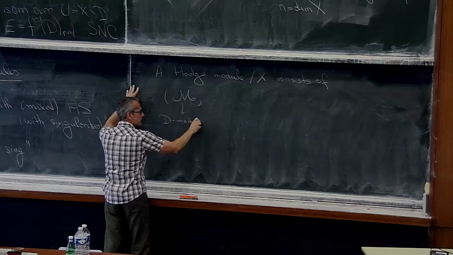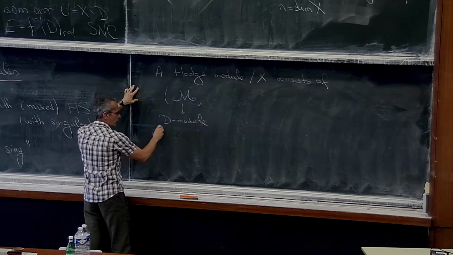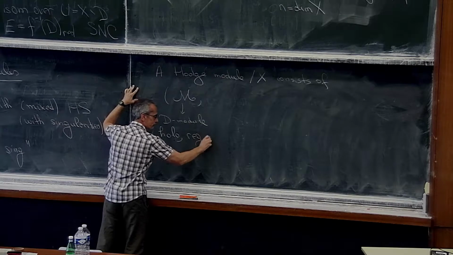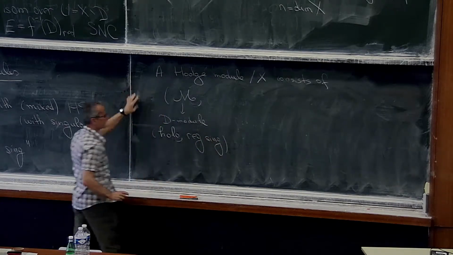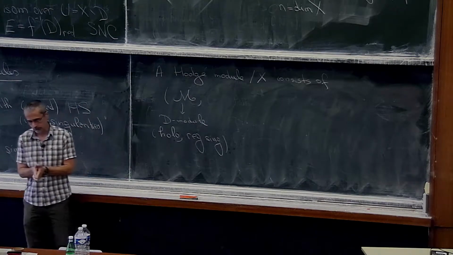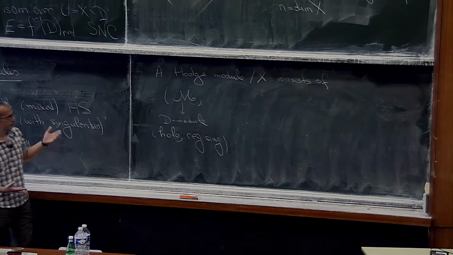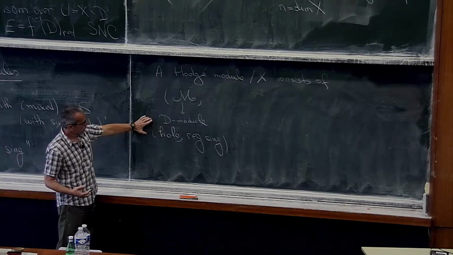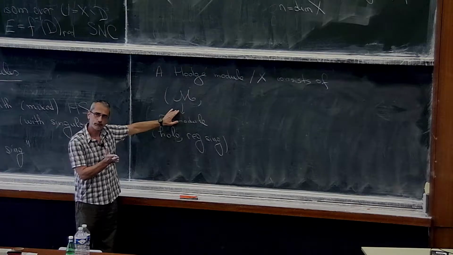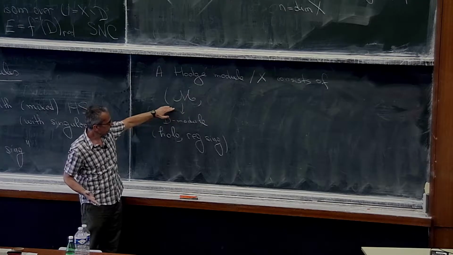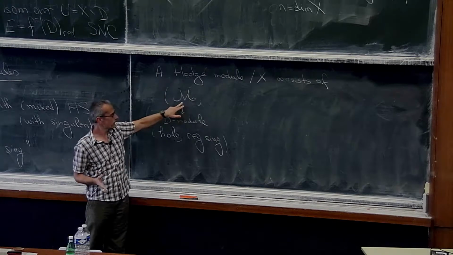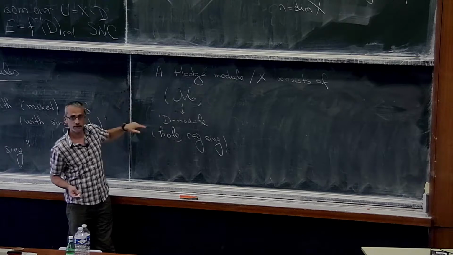And it's required to satisfy some finiteness conditions, so it's holonomic. Also, it has something called regular singularities. All right, so remember that what you want is something that looks a little bit like a Hodge structure. The thing here is that it's more natural to work with increasing filtration rather than decreasing, as usual. So what plays the role of the Hodge filtration here is a filtration in the sense that I